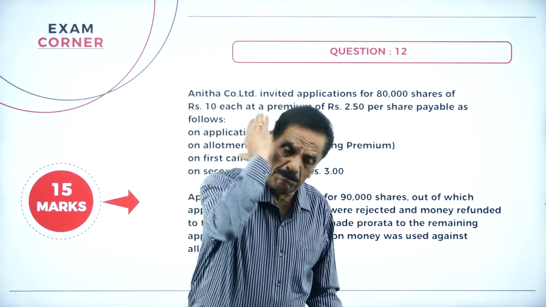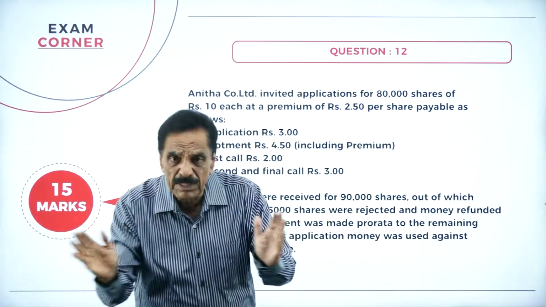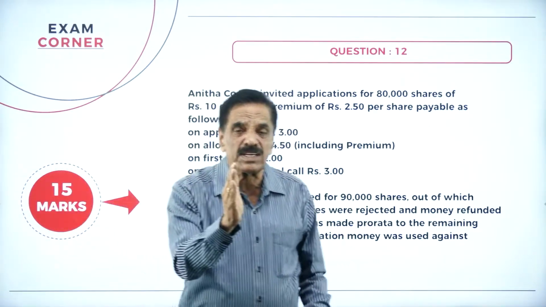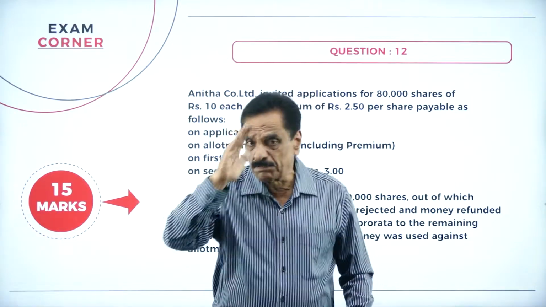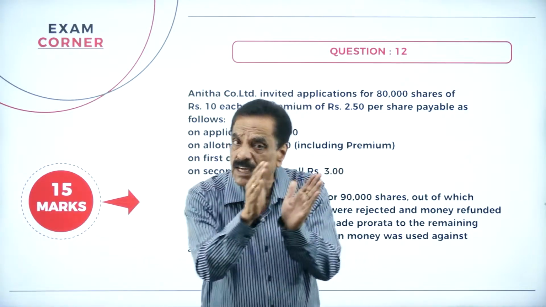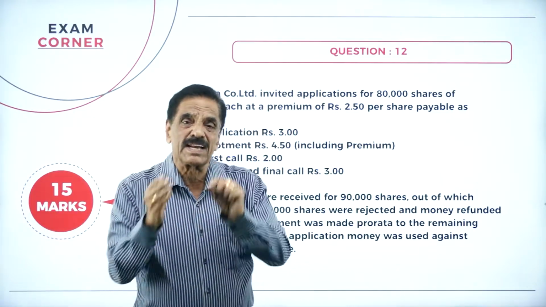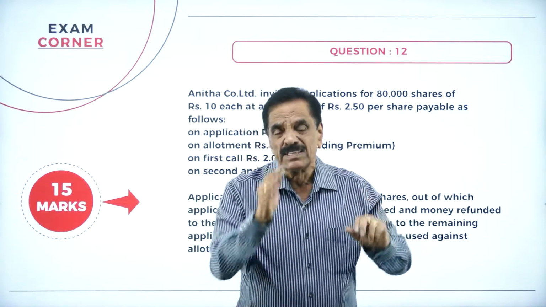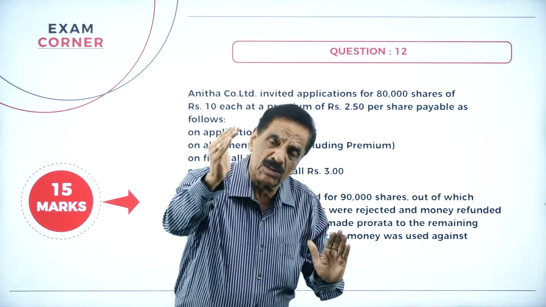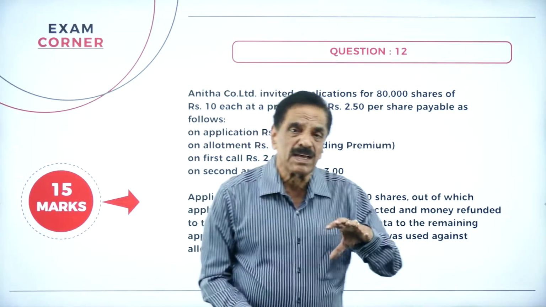Equity shareholders are permanent shareholders, whereas preference shareholders are temporary shareholders. Equity shares can vote, preference shares cannot. Equity shares can be transferred, preference shares cannot be transferred. The rate of dividend of equity share is not fixed; the rate of dividend of preference share is fixed. When the company liquidates, first we pay the preference shareholders their capital and dividend. If any amount is left over, that goes in favor of equity shares.